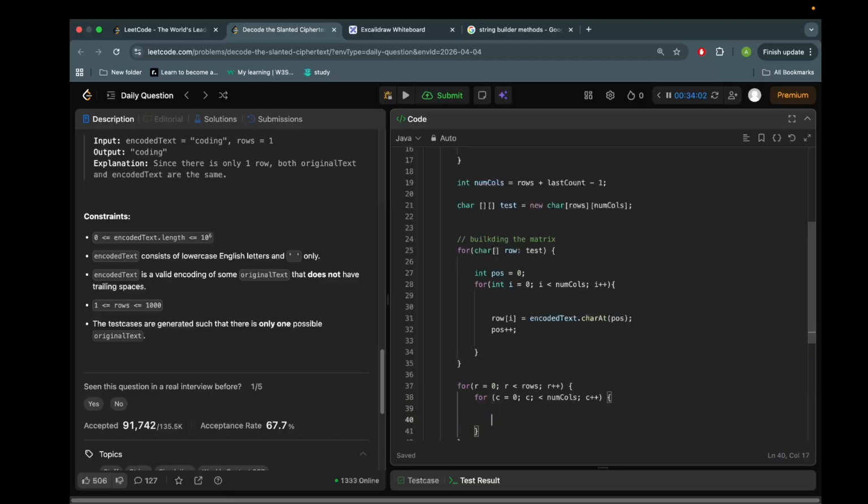What are we doing? While our row is less than equal to columns, so what do we want to do? We want to do